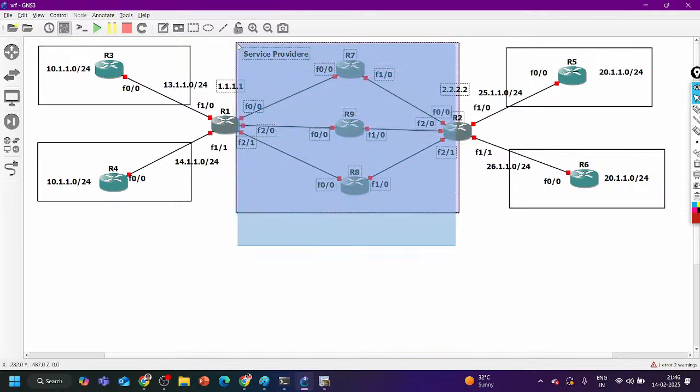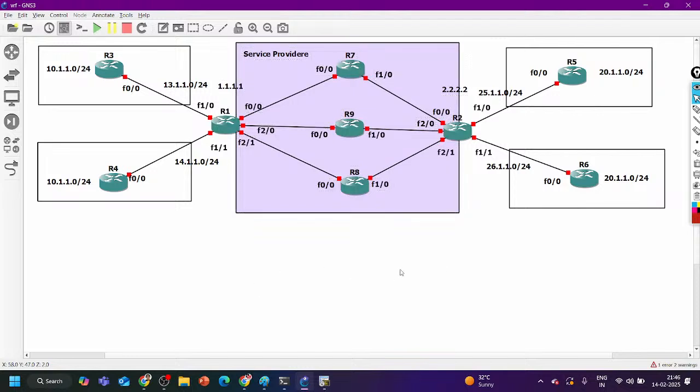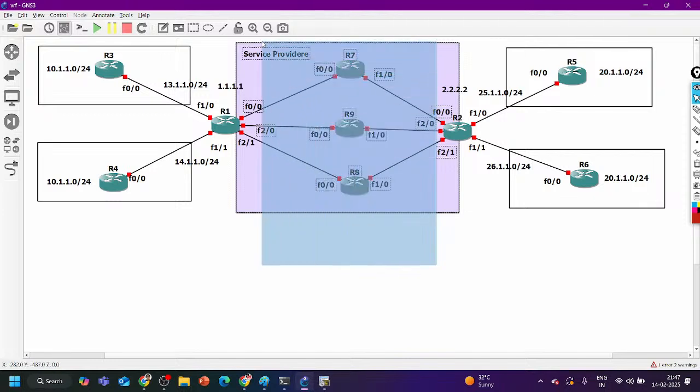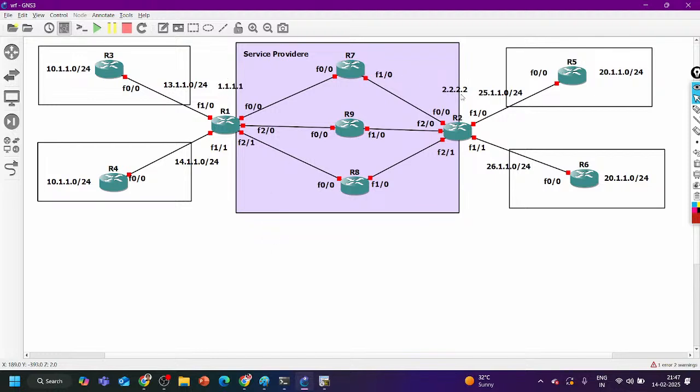Implementing OSPF here in the service provider network should be very easy for you. All the routers will be in the same area, it doesn't matter. We can configure multiple areas also, we can configure the same area also. Not only OSPF, we can configure EIGRP also, we can configure static routes also, we can configure RIP also. My requirement is that 1.1.1.1 and 2.2.2.2 should be reachable, right? Lots of options are there and all the options should be very clear to you. Configuring a static route, configuring